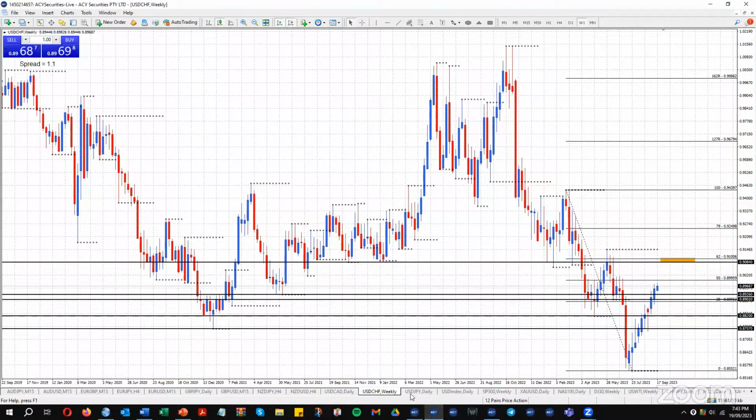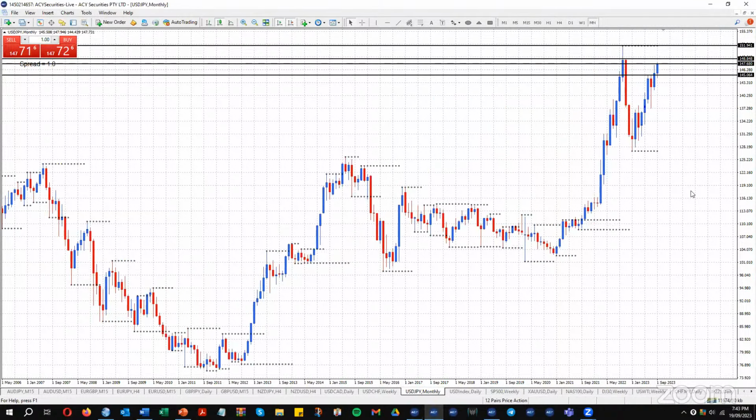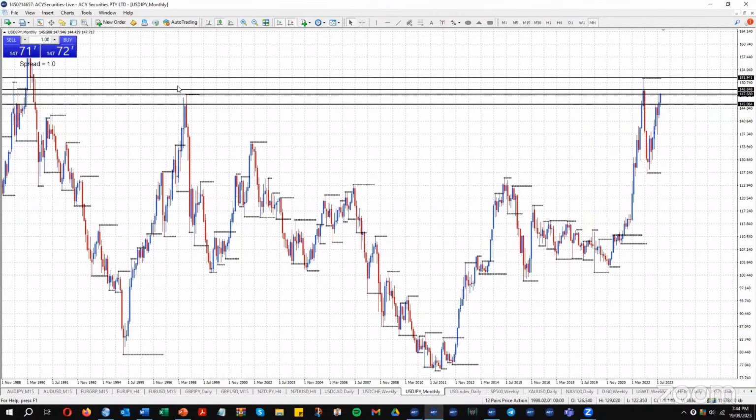All right. Dollar yen. Now, we always have the US interest rate decision. We've got a policy decision on Friday from the Bank of Japan. Will they change any policy? The big problem I have with the dollar yen at the moment is the high level that it's at. It's holding at this historical high,